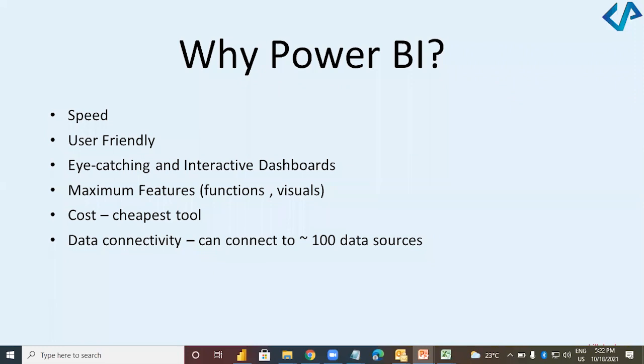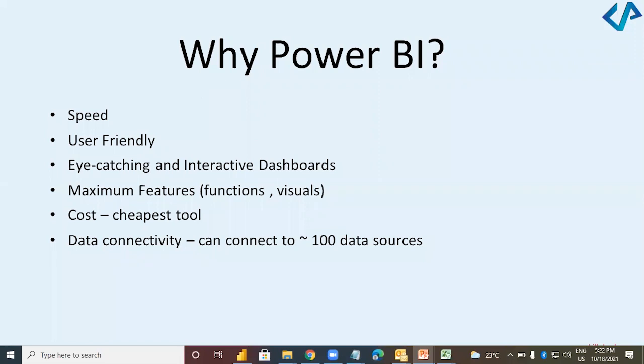We all work in Excel. On average, at minimum we take 3 to 5 minutes to create a good chart in Excel. But in Power BI, it is just a matter of some practice. Any visual can be created within a minute. That is the speed which Power BI provides.